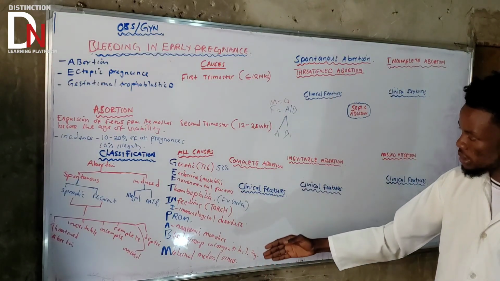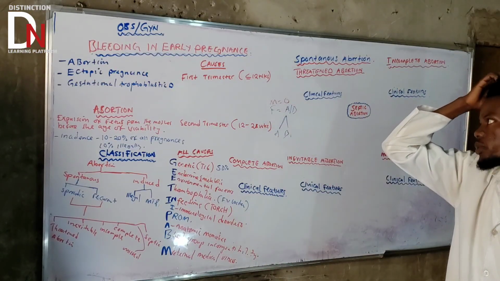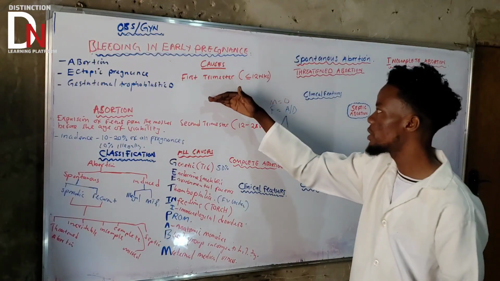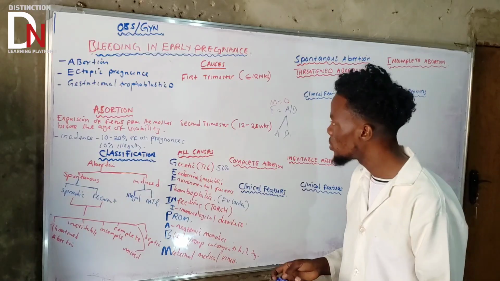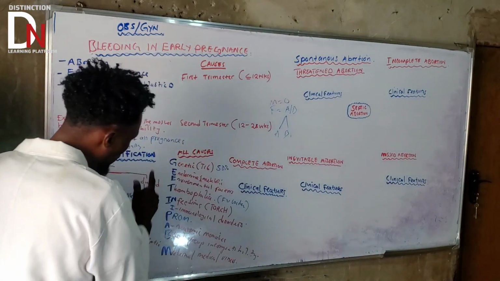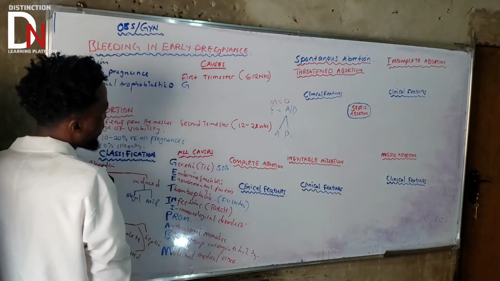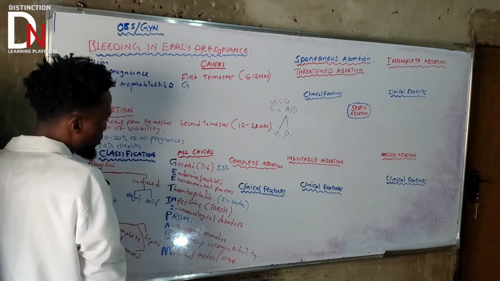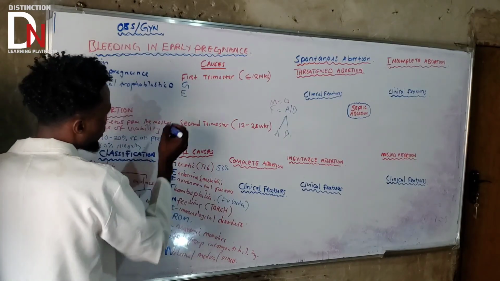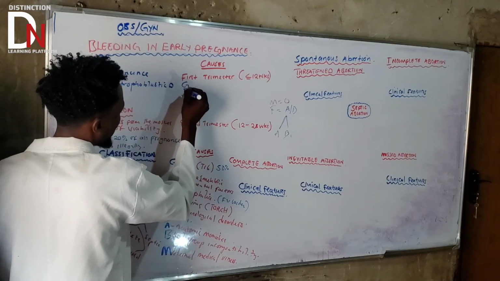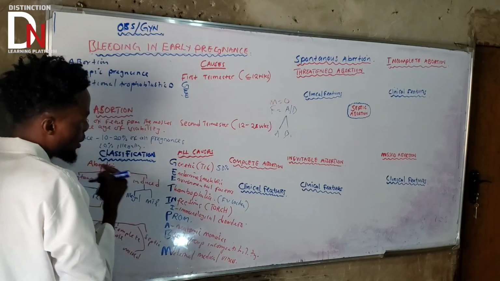Now, since we've understood the mnemonic, what it means, let's try to pick everything here. We're just using letters. So what could cause first trimester abortion and also second trimester abortion? You need to take note of that. If we go to G, G is genetic factors, under first trimester abortion. Also here, E is under first trimester type of abortion. Another E, which is environmental factors, is one of the causes of first trimester abortion.